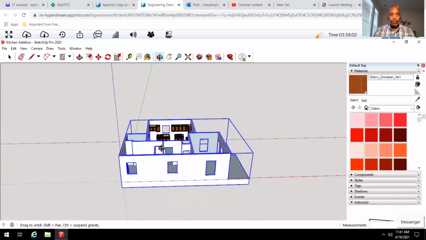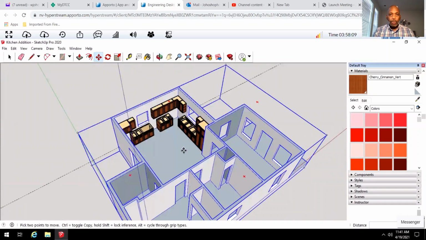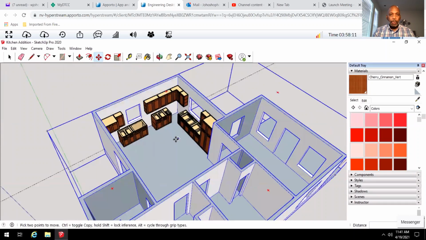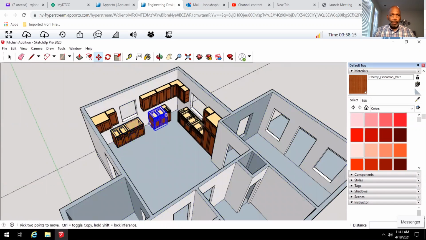Hey everyone. This video is going to illustrate how to add base cabinets to an island, if you have one. You can see from this model that I've added all of the base cabinets